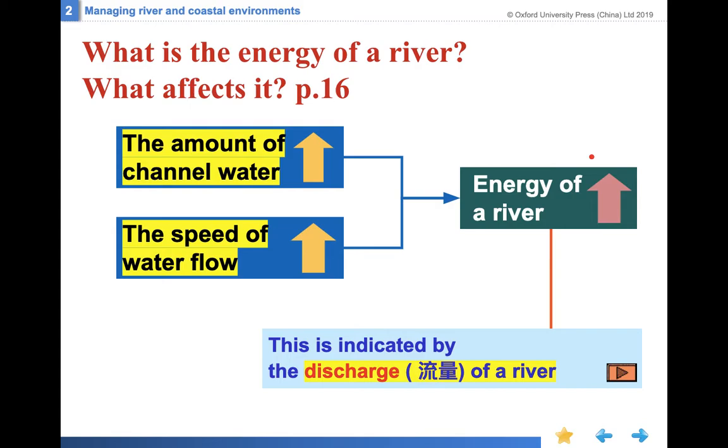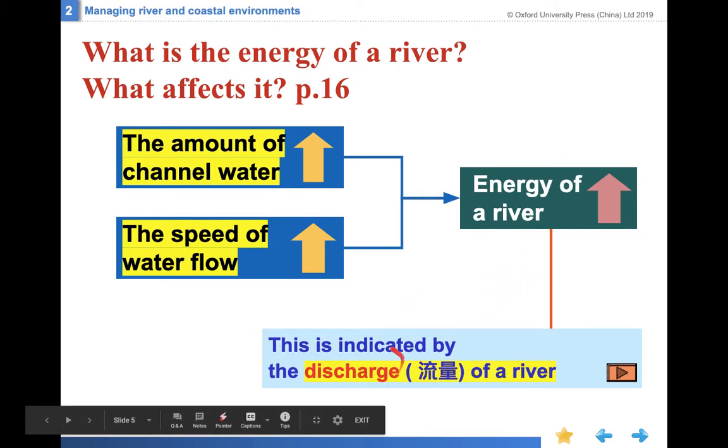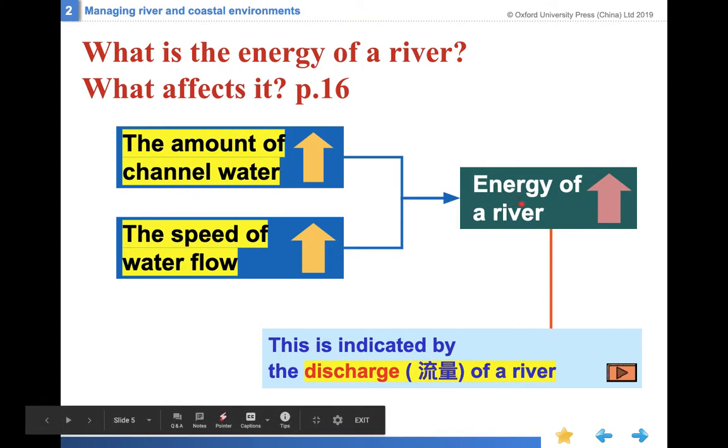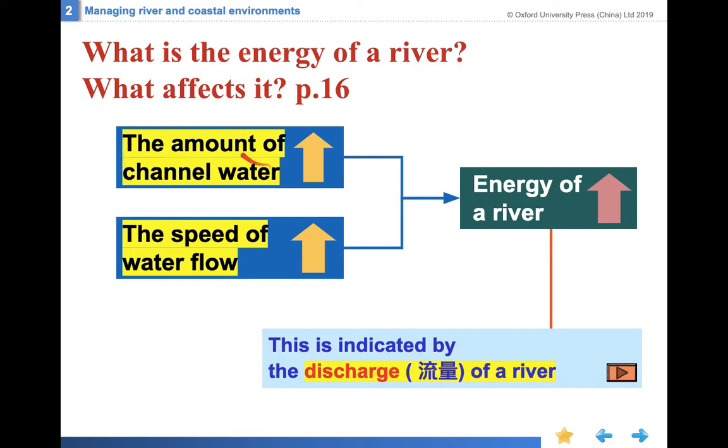So the indicator of the energy in the river is measured by the discharge of the water，個流量啦，就好似你上網嗰啲流量一樣啦。咁好簡單啦，呢度簡單啲嚟講，你覺得譬如你當嗰個能量係點樣先至大呢？好似當一個人嘅能量係點樣先至大呢？首先可能你嘅 amount of water